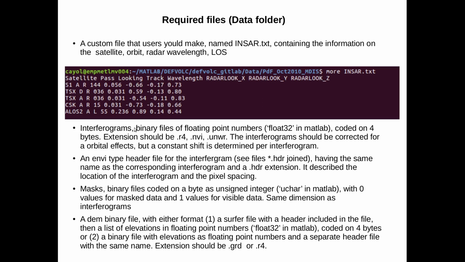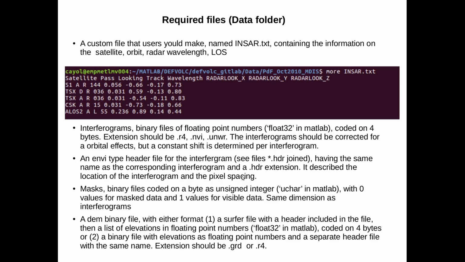Then you should have interferograms, which are binary files coded on 4 bytes. The extension should be .r4 or .nv. They should be corrected for orbital effect, but you can still have a constant shift because it's determined in the inversions. You should have an NV type header file, which is an ASCII file describing the location of the interferogram